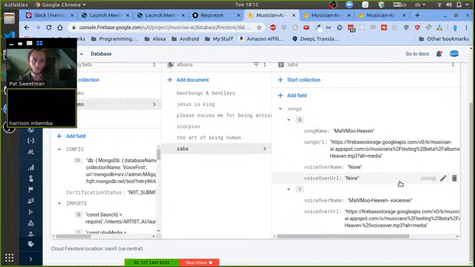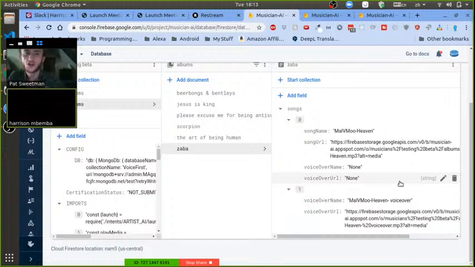So the way I see it, basically, a song can have a voiceover with it. I was meaning to ask you this. If someone were to create a voiceover without a song, do you want me to add those empty values like song name none and song URL none, or do you just want me to remove those entirely? Just have it be the voiceover name, voiceover URL, or if they create a song, just have it be song name, song URL without these none values. I don't know if those none values are necessary.